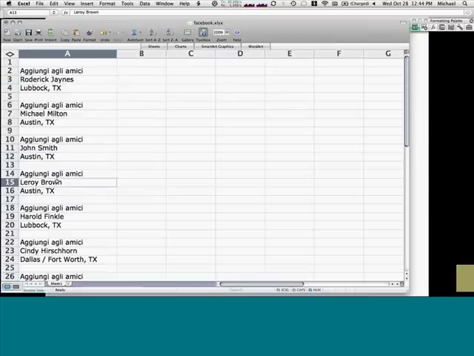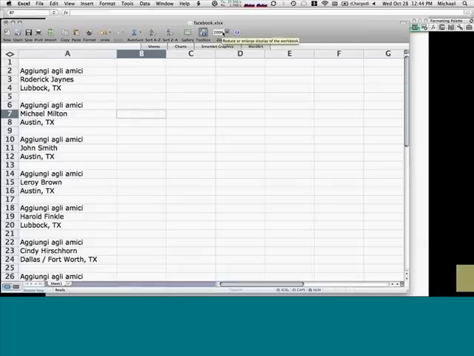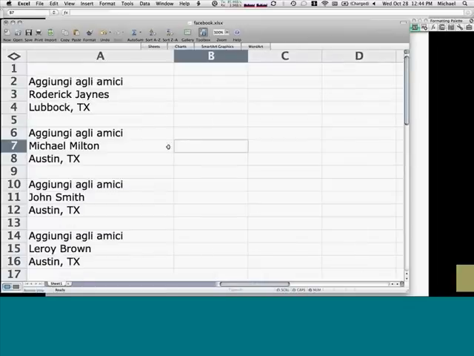Now, Excel doesn't have a formula that can distinguish between a name and a place like Austin, Texas. So right here, I have to come up with a formula. Let me blow this up a little bit. That says true. This is the value that I want it to return for every name. And this is what a Boolean formula is. A Boolean formula is a formula that just returns true or false as its answer.